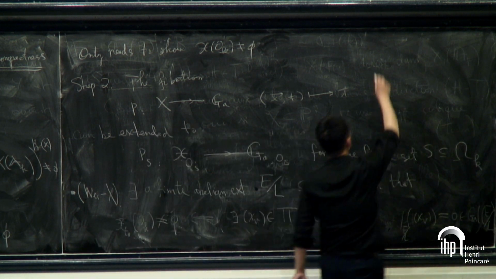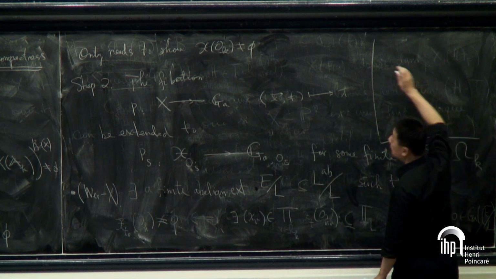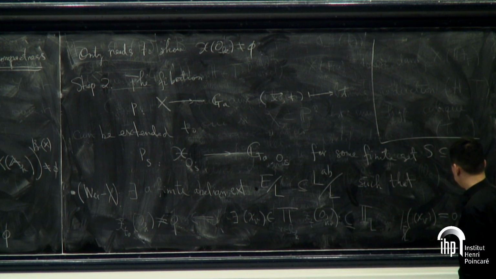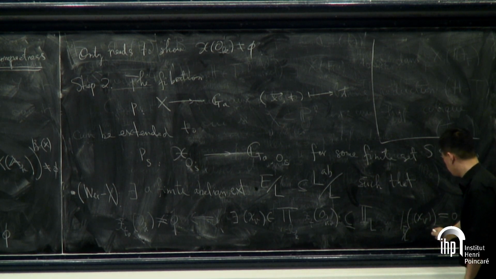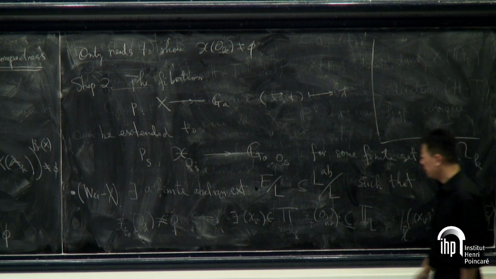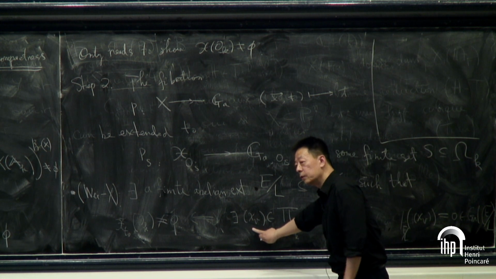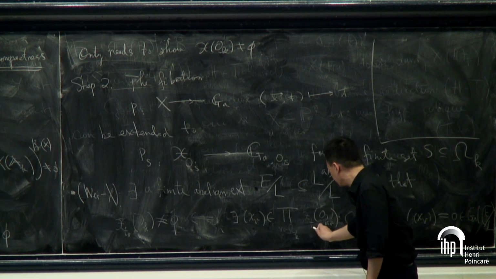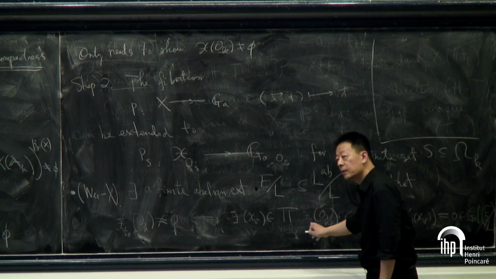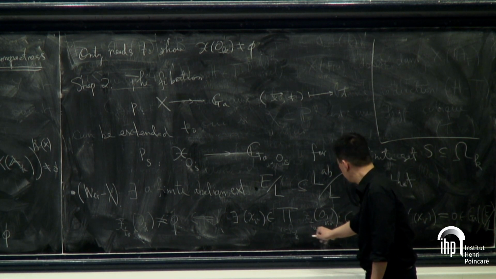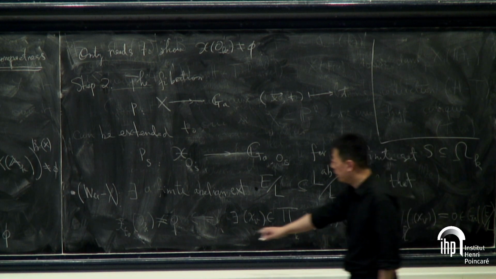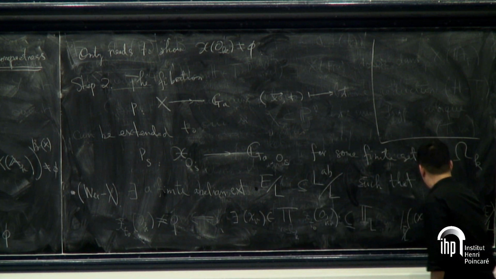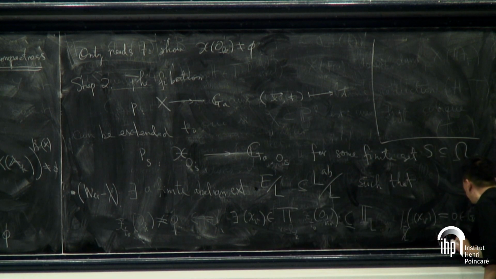Can you read the last line again? The last line, what did it say? There's an X_v in the product of the... Can you read the whole line? There exists a local solution in these fibers at some point t_0, right? No, I will follow all this t_0. All this t_0 belong to this.